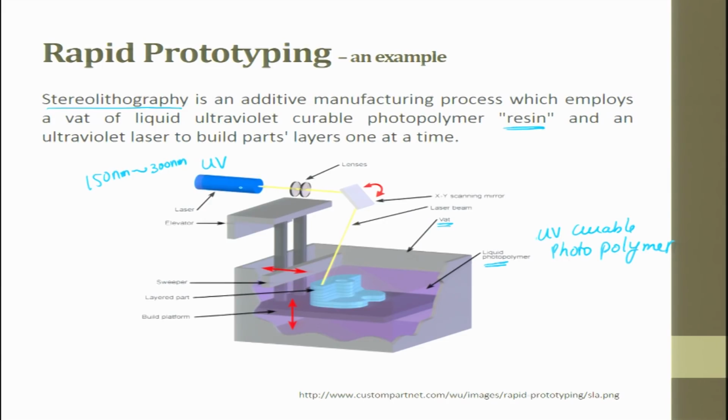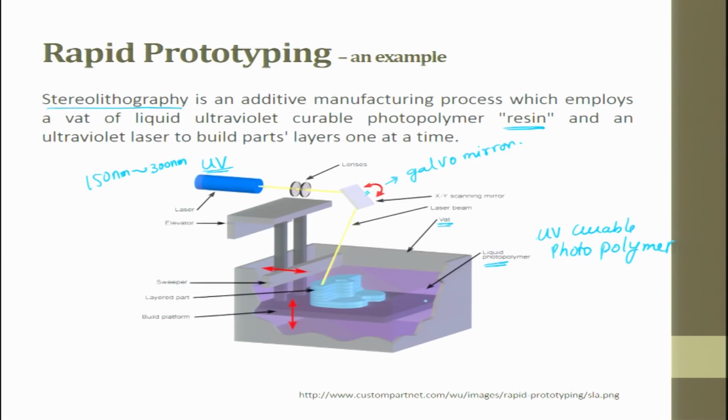So, we use this UV laser to hit a galvo. This is called a galvo mirror. The advantage of this galvo mirror is that you are not mechanically moving any part. What the galvo does is it just sweeps and takes the information from the laser, and it starts curing layer by layer.